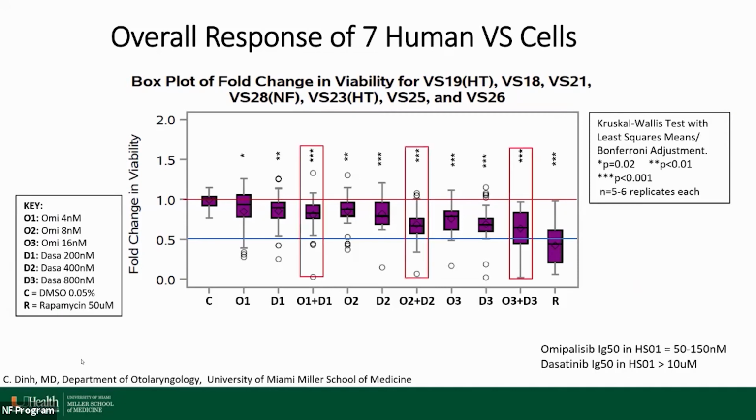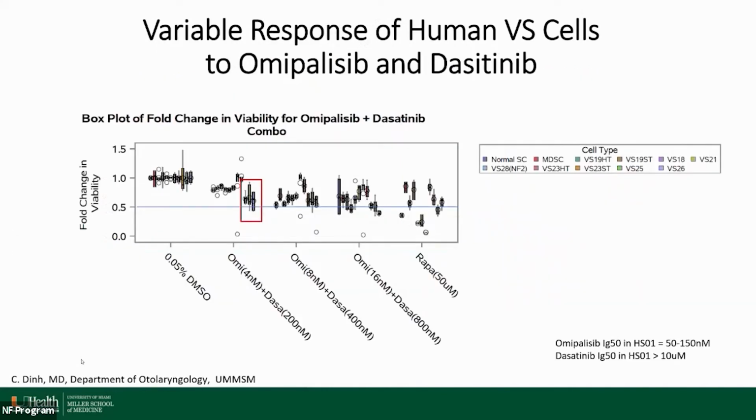However, the combination was not superior to single drugs. The variability in response to the drug combination is shown here, with each vestibular schwannoma plotted separately. 3 of the 7 VS cells had a partial response to the omipalisib and dasatinib combination at the lowest dose. Some of the VS decreased viability at higher drug combinations, but there was not a consistent response amongst the vestibular